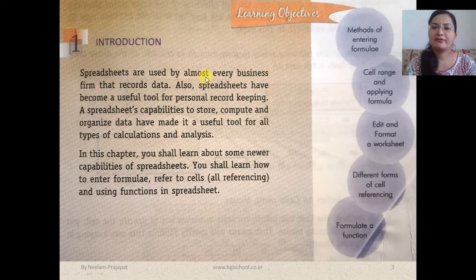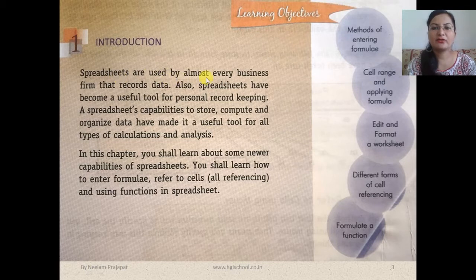So first of all, we should know what a spreadsheet is. You might have heard about the software MS Excel, Microsoft Office Excel. It is actually a spreadsheet software and it contains grids of cells. There are small boxes in it, and using the collection of rows and columns we can make a table, which means we can use a specific number of cells and then create tables in a spreadsheet. You know very well, if you arrange data in tables, then it becomes structured. So that is why we are using spreadsheets to store the data.